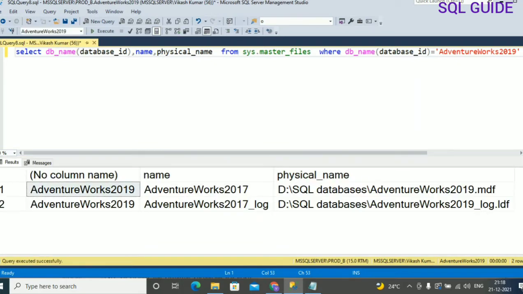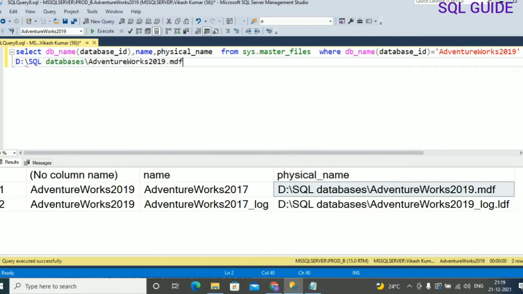After running this, you can find the physical location of the file is in the D drive SQL database folder. Okay, so you want to move the MDF file to the C drive. This is the requirement.